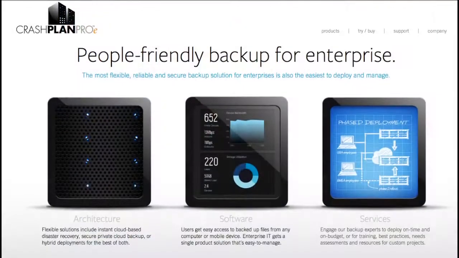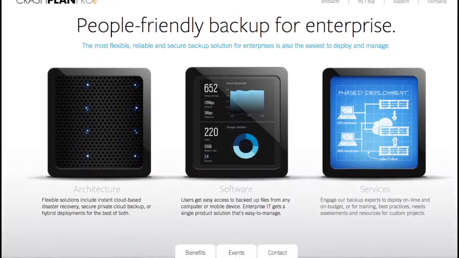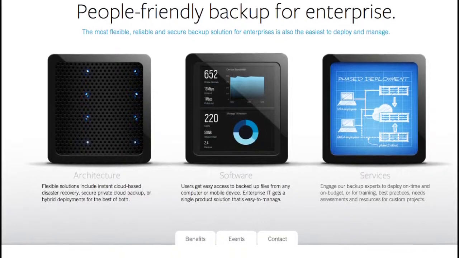There's a fourth version that I don't cover. It's called CrashPlan Pro E. And CrashPlan Pro E looks very much like the other versions, has most of the same features, but this is for enterprises. This is for companies with hundreds, thousands, tens of thousands of computers to back up. And so basically you have your own servers doing the backup instead of CrashPlan Central or Pro Cloud. You have your own servers hosting the files. And there's some other sort of back-end differences, but basically it's enterprise stuff, and that's something I don't get into